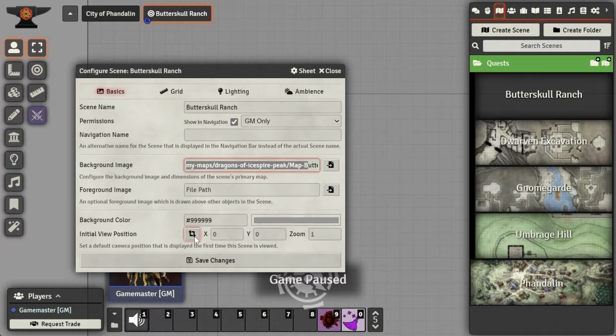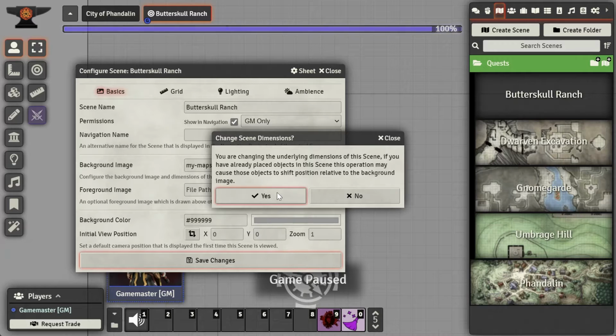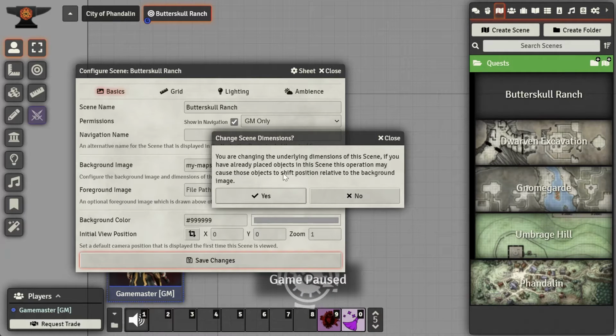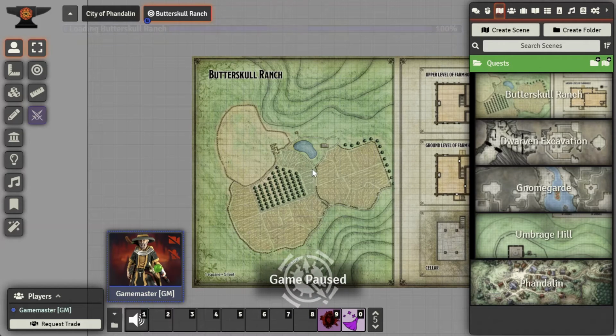Now, the next thing is the initial view of the map. Now, here's one thing that I've noticed. In the initial view, and since we have this in here, I'm going to save the changes, and it always pops up with this, changing scene dimensions, because if you've placed things already onto the map, like walls, custom token artwork, things like that, and then you change the dimensions of the map, those things will be somewhere else, and you may not even get them back, depending on the dimensions of the map you're doing. So let's go ahead and save that first, and here we are. Now we have our Butterskull Ranch map in general